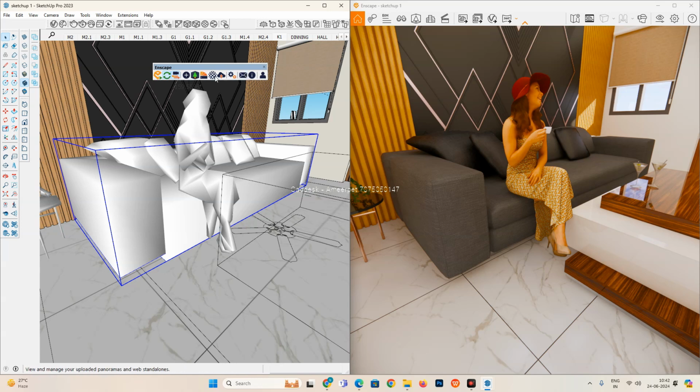Clear everything here. And in an older version of Enscape, instead of having one toolbar, we had two toolbars at that time. But in the higher version of Enscape, now the people are giving